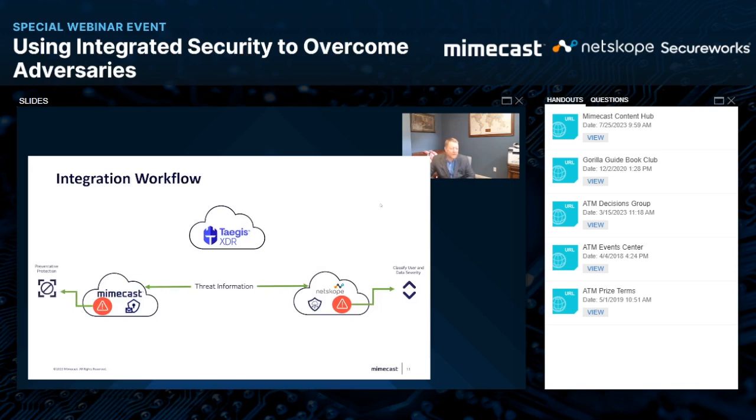So let's start with a scenario. Say Mimecast receives an email for a user, and it has a payload. It could be a malicious link that we've identified or a malicious attachment, or something particularly nasty like a zero-day threat. We will not deliver that to your user, but with the integration, we'll share that threat with Netskope's Cloud Threat Exchange, which is a really powerful capability Netskope created, which can do more than just add to a Netskope block list.